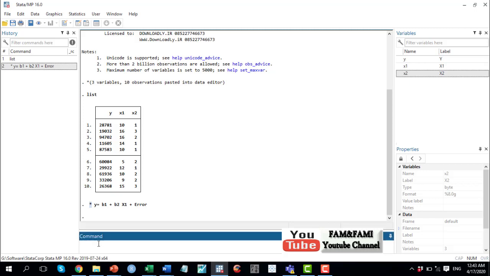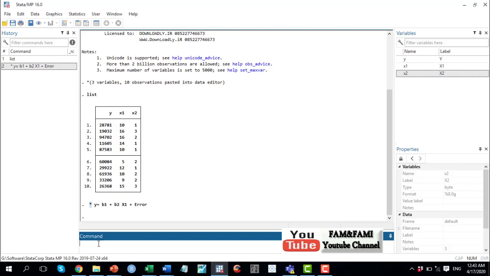So whenever you want to type anything in Stata and you don't want an error to be produced by Stata, you can simply add the star sign. This generally considers this line as a one-liner comment.